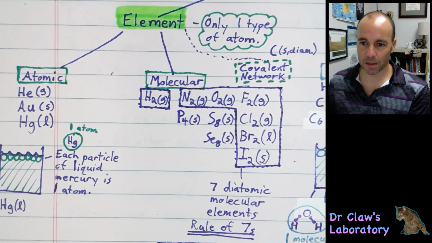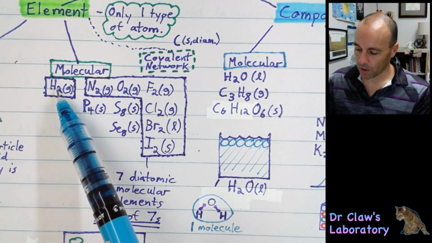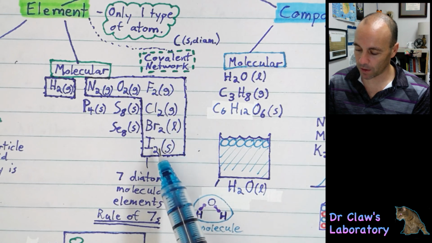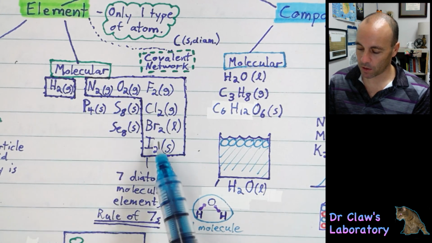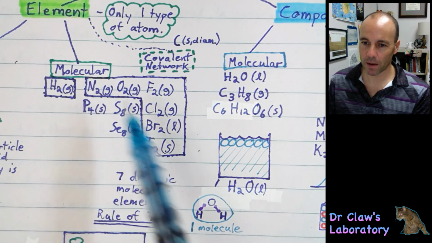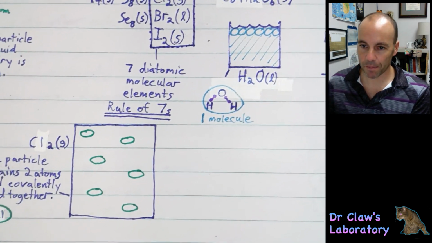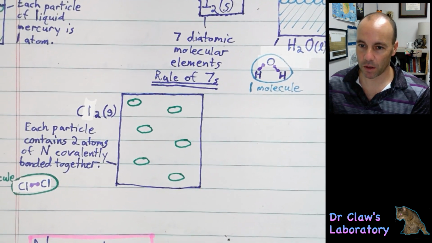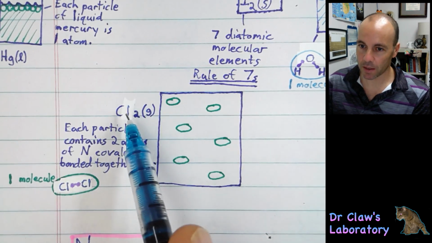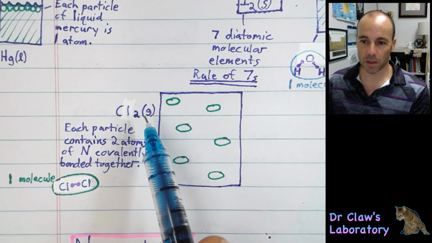Molecular elements examples are H2, N2, O2, F2, Cl2, Br2, I2. So there's 7 of those, and then there's a few more. Let's talk about maybe one of these. Chlorine, for example. Here is chlorine. Chlorine gas. Now the reason the formula is Cl2 in parentheses gas,